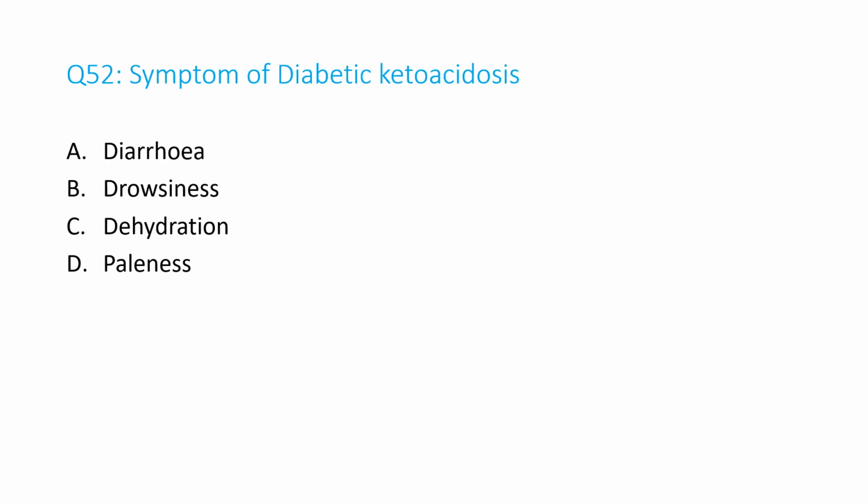Number 52. Symptom of diabetic ketoacidosis. A. Diarrhea, B. Drowsiness, C. Dehydration, D. Paleness. And the answer is